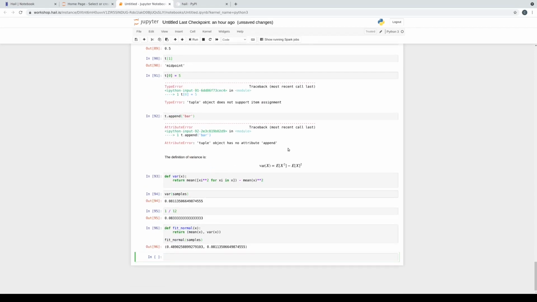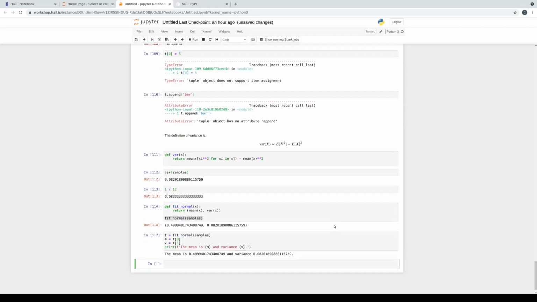Great. And you can see the mean is close to 1/2, which is the mean of the uniform distribution on 0, 1. Here we get an example where we call the function returning a tuple, but often you want to take the returned tuple and pull out the constituent parts so you can use them for some subsequent computation. The thing you might naively do is to call that function and assign it to a tuple, and then pull out the pieces. The mean is in index 0 and the variance is in index 1. And then maybe using an interpolated f-string, you might print out the mean is m and variance v. Right? This is a little tedious.